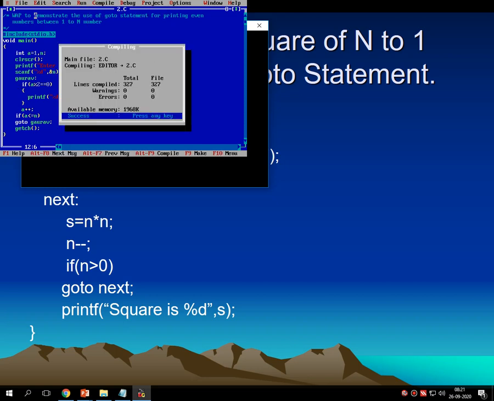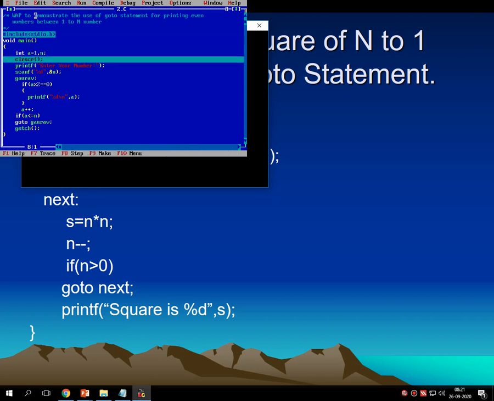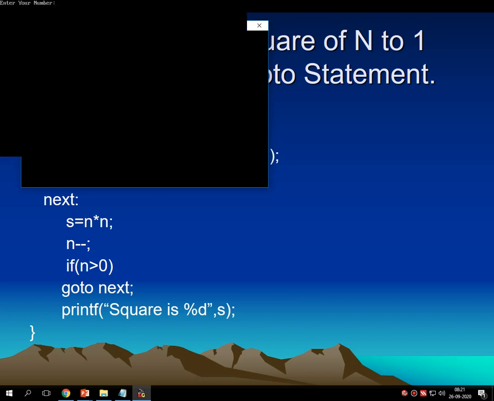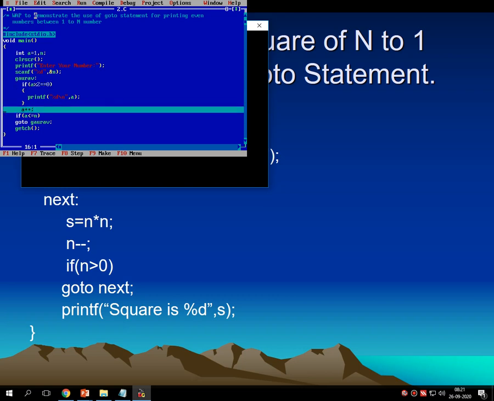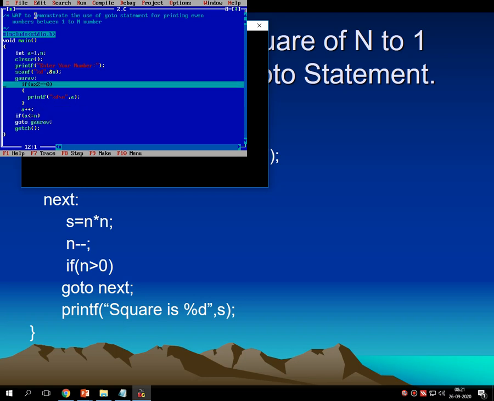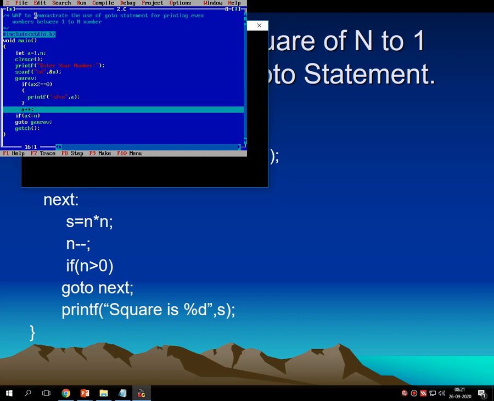Now let's see it again step by step. Here the value of a is initialized as 1, then it asks for one number. Say for example I am entering 5, so the value of n is equal to 5. Here it checks a, that is 1, modulus 2 is equal to 0. It's not divisible by 2, the remainder is not 0, so it will not print a. a becomes 2, 2 is less than 5, 2 is divisible by 2, so it prints 2 onto the screen. 2 becomes 3, 3 is less than or equal to 5 because the value of n is 5, but it is not printed onto the screen.